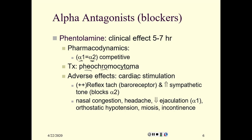And the adverse effects are similar in that they cause a reflex cardiac stimulation, a reflex tachycardia. I put 2 pluses there because this is more tachycardia than you might expect, mediated through the baroreceptors. And the reason you get more than expected reflex tachycardia is because this drug, because of its vasodilation, will cause an increase in sympathetic tone that is not controlled at all by the presynaptic alpha 2 receptors,